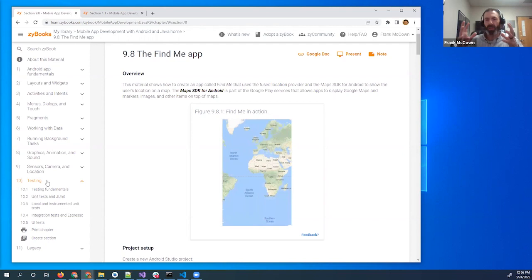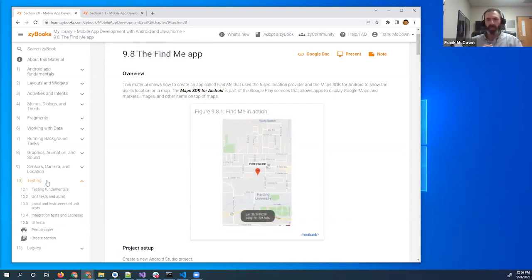There's really more content in this book than you could possibly cover in a semester unless you were just flying through it. So I wanted to put more content in there than you could cover, just to give instructors the ability to choose what types of content they wanted to cover. Some might decide they don't want to do graphics. Some might decide they don't want to do background tasks and threading, because that's kind of complicated. So you can kind of pick and choose whatever meets your learning outcomes for your particular course.